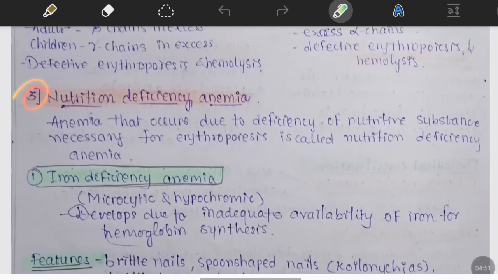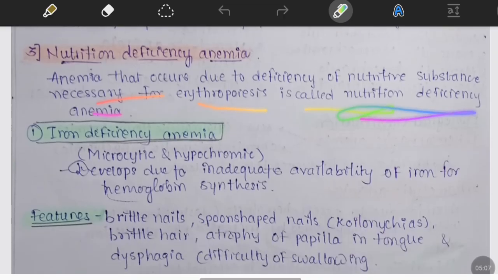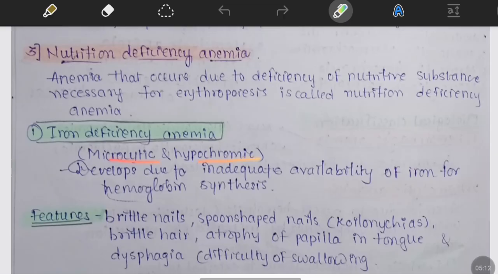Third type, it is the nutrition deficiency anemia. Anemia that occurs due to deficiency of the nutritive substances necessary for erythropoiesis is called the nutrition deficiency anemia. First one is the iron deficiency anemia, microcytic and hypochromic, develops due to inadequate availability of the iron for hemoglobin